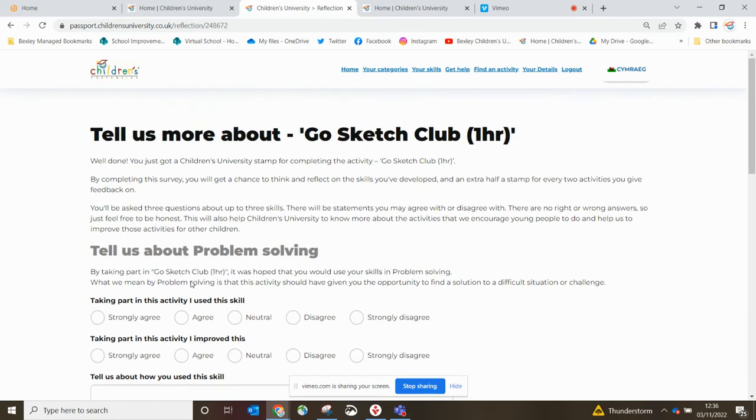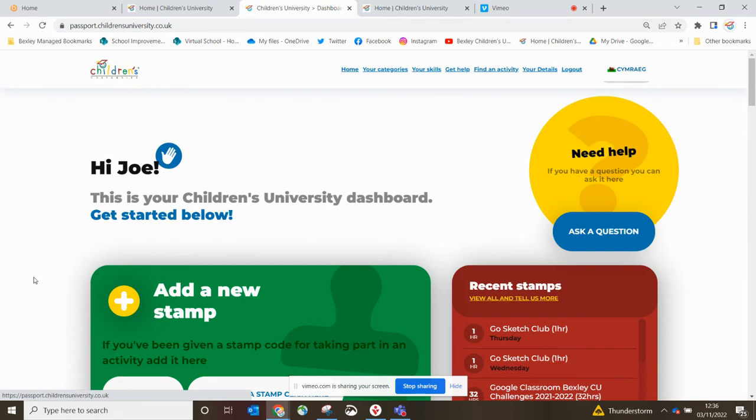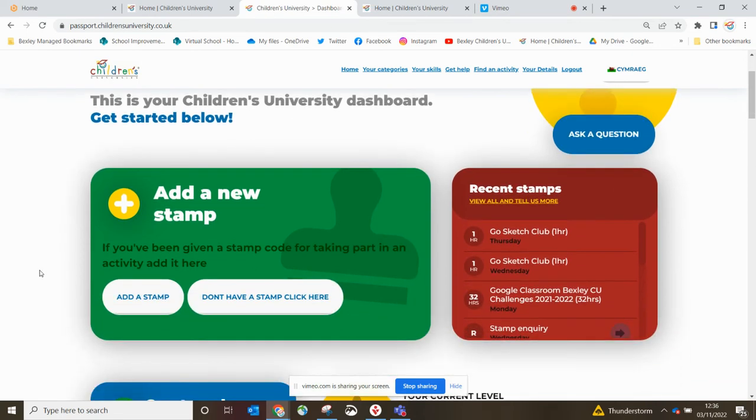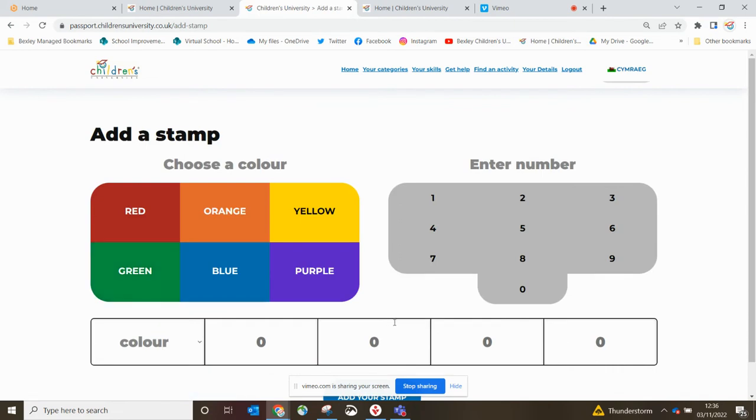If they don't want to reflect on something or they don't have time straight away, that's not a problem. They can just click no thanks. I'm just going to click that to go back to the beginning. Okay, so hopefully you should get that when you get a stamp code, but I am going to try adding a different stamp code. So I'm actually going to try adding purple